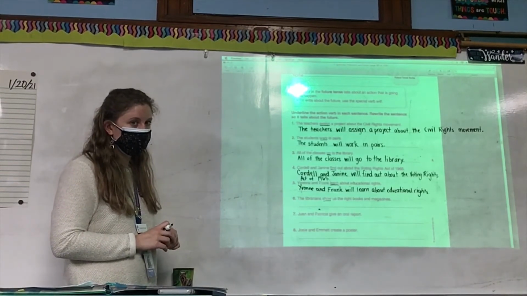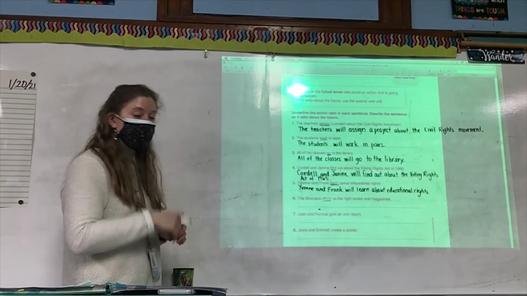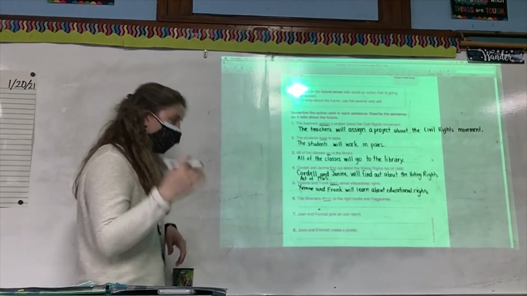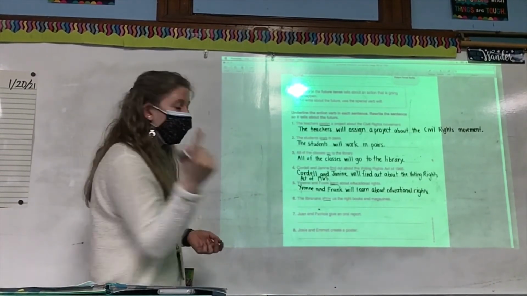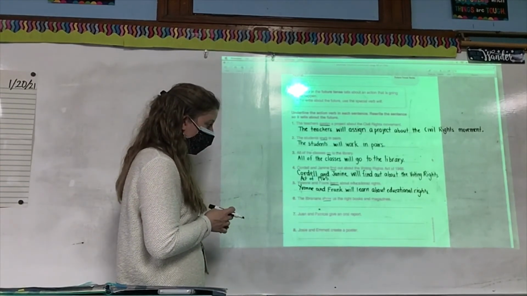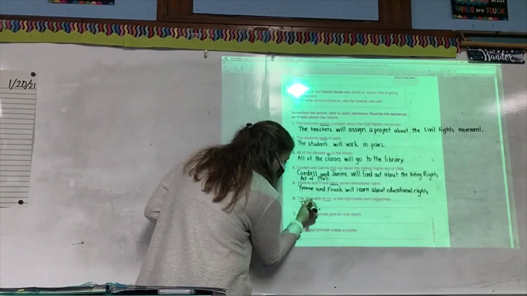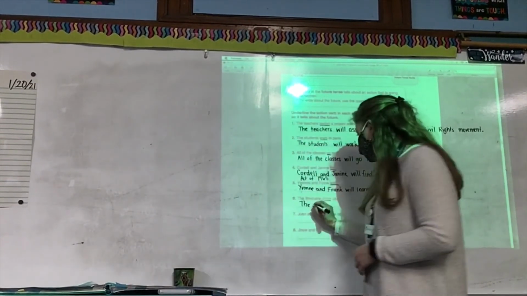We add will to the beginning of show. The verb, good, which in this case is show. So what should the sentence say to make it future tense? The librarians will show us the right books and magazines. Good. The librarians